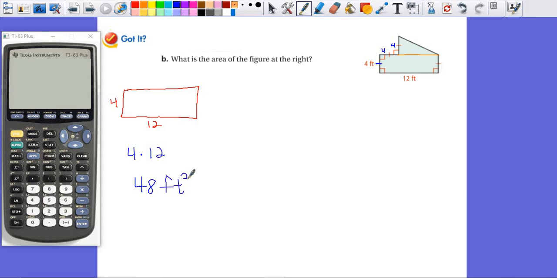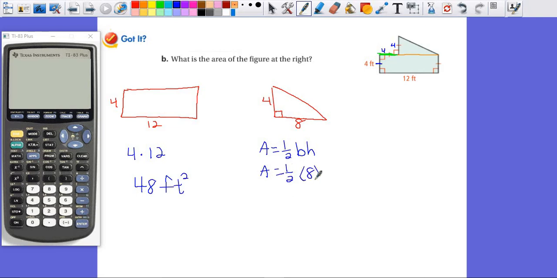So from here, we need to now figure out the area of this triangle. Well, we know this dimension over here is 4, and then now we need to figure out the bottom piece, right? Because that's the base of it. So think of it this way. If this piece right here is 4, and the whole thing is 12, we just take 12 and subtract 4. When we take 12 and subtract that 4, we would get 8. So if I want to find the area of a triangle, this is the one formula we haven't really talked about. It's 1/2 of the base times the height. So area equals 1/2